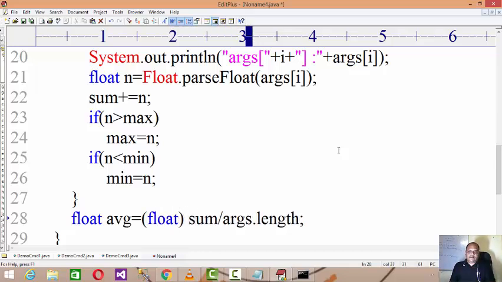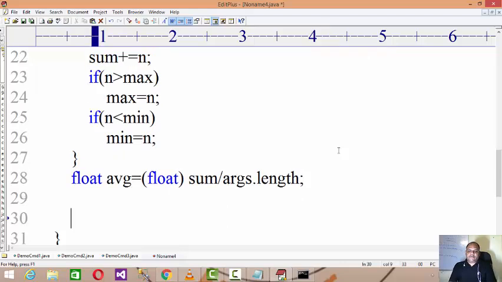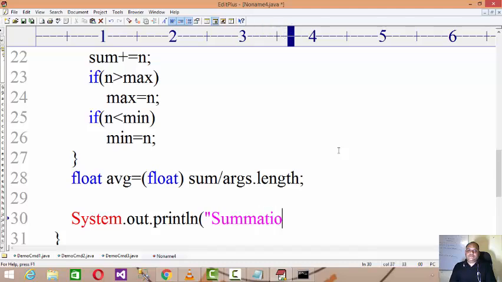Okay, so now I am having all the data available, that is System.out.println: summation, that is the value of sum; average, that is the value of avg.